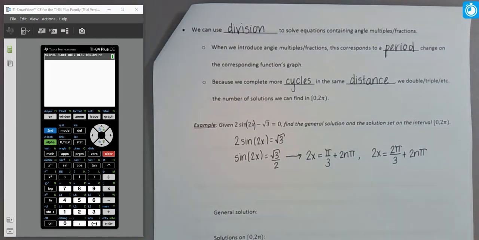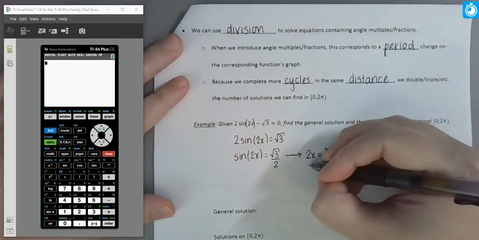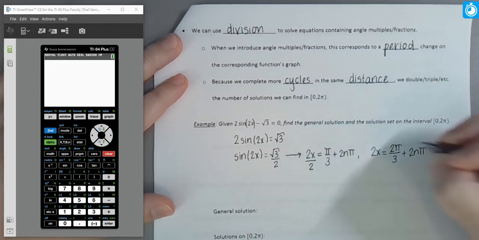Now, we're not quite done. Why are we not quite done? Well, x has not actually been isolated. So we interpreted what the trig function is telling us, but we haven't actually solved for x, because notice both of these equations we now have are in terms of 2x. So we're going to have to divide out that 2